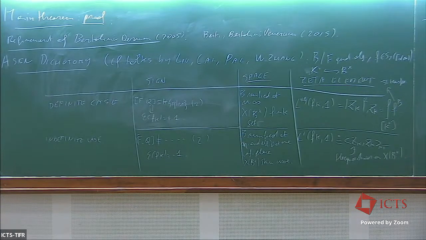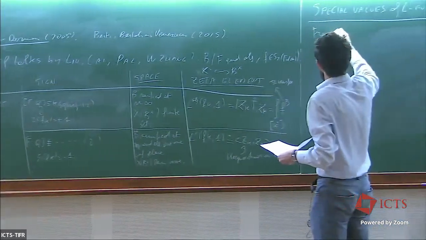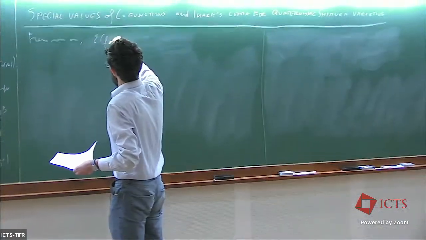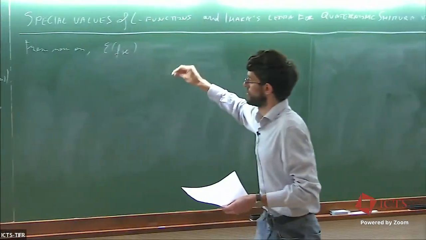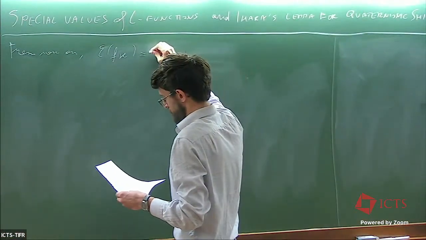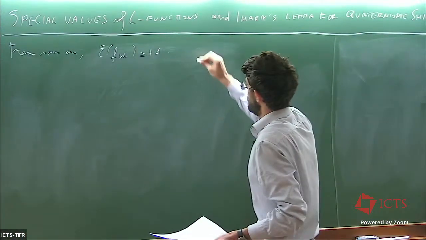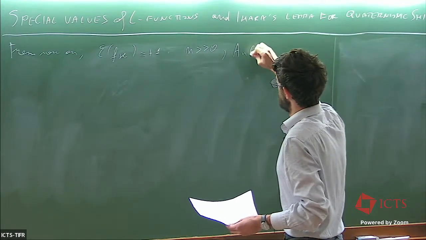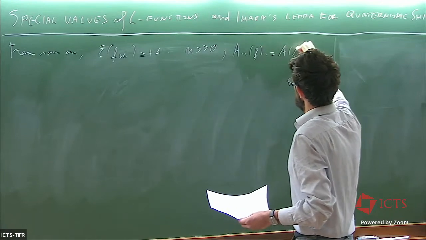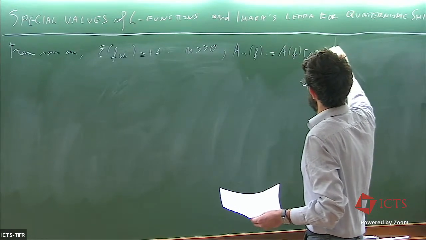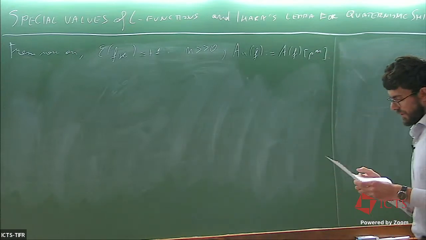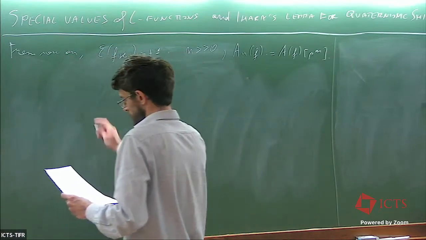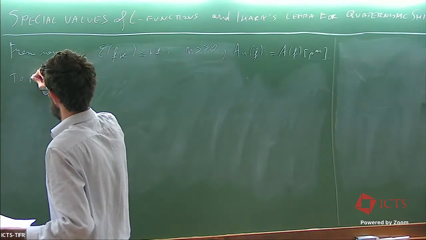Okay, so from now on, I'm trying to prove the theorem. I want to assume that the L function does not vanish. So in particular, the sign of the functional equation must be +1. Okay, and I fix some large enough integer n, and I denote by A_n(f) the p to the n torsion inside A_f. Well, we want to prove this star, and the first thing which is easy to check is that it's enough to show